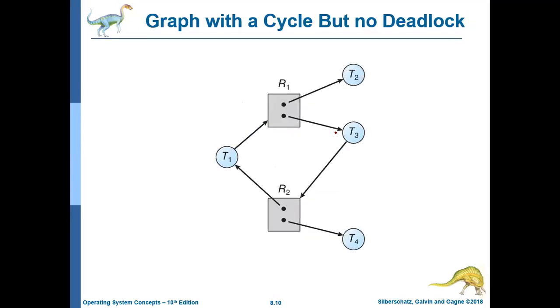Now a graph with a cycle, but there is no deadlock. In this graph, you can check there is a cycle: R2, T1, R1, T3, R2. This is a cycle.